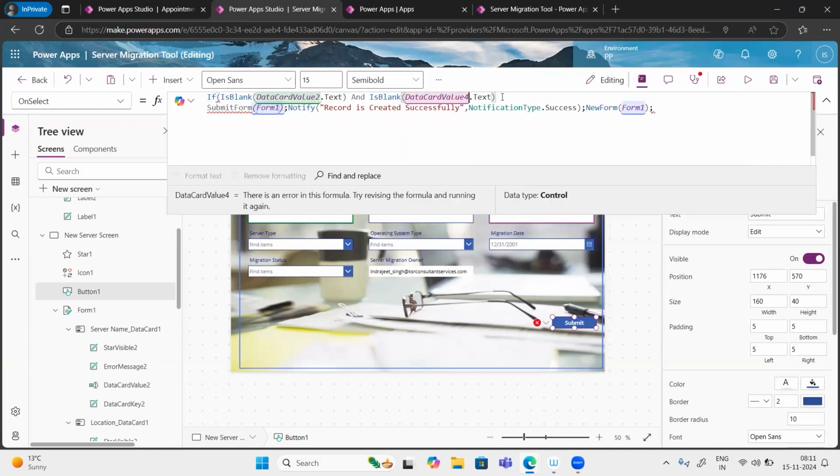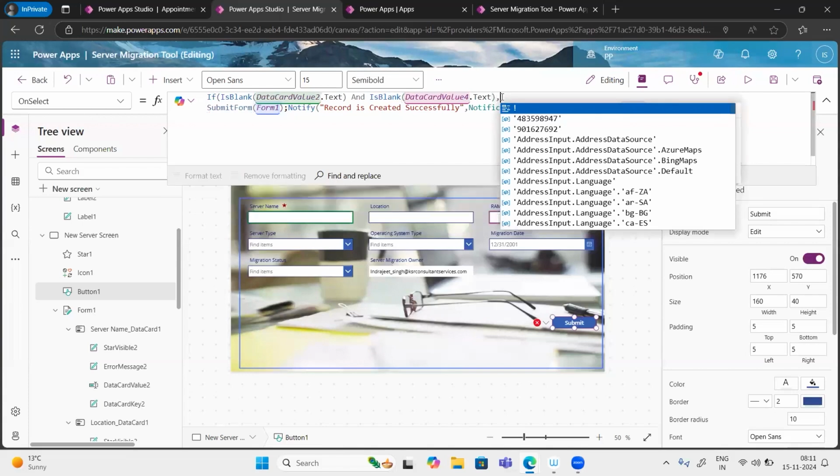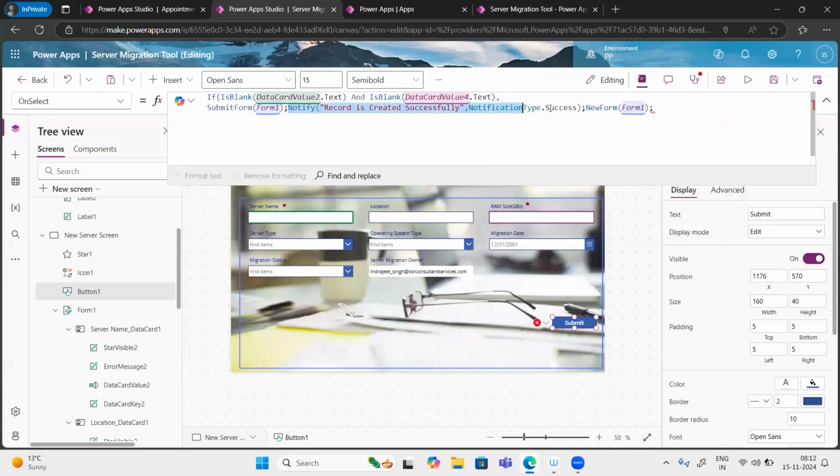Okay, now what you need to do? If both are blank, you should give an error notification, right? Control C, I would put Control V, and I will put like this,